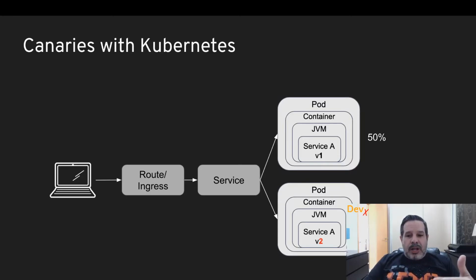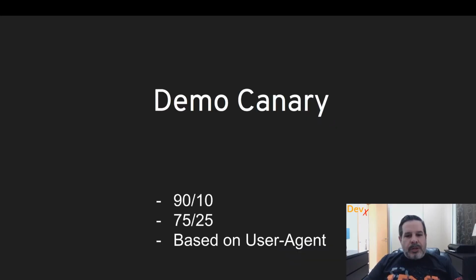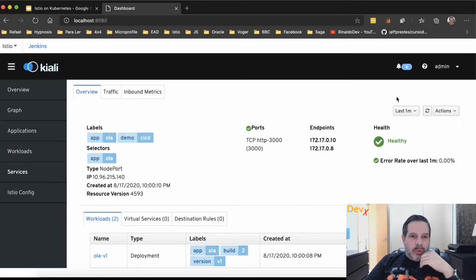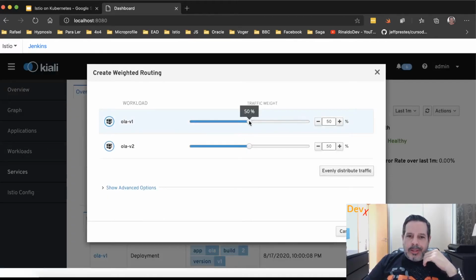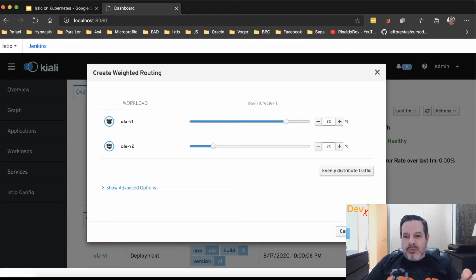With Istio, if there is no Istio involved on Kubernetes, the traffic is always 50-50. But with Istio, we can control the number of requests on a specific version. So let's see that working. I will use Kiali here and create a weighted routing by sending 80% of the traffic to v1 and only 20% of the traffic to my Canary version, which is v2. So when I create the route,